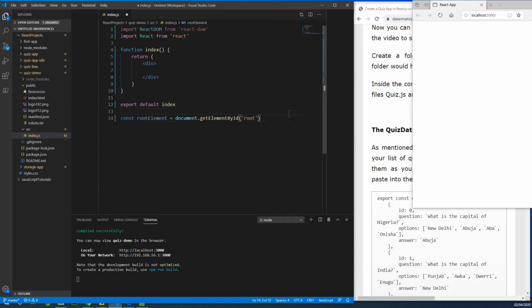And I'm going to mount this component. What I call a component is this JavaScript file we are working on now. This is called a React component. So I'm going to say ReactDOM.render. So I'm going to render this component